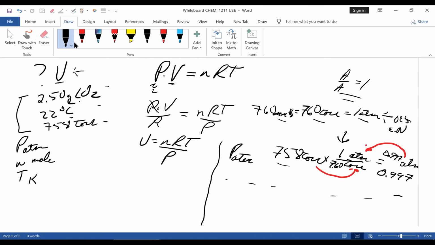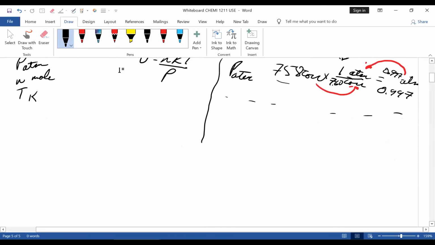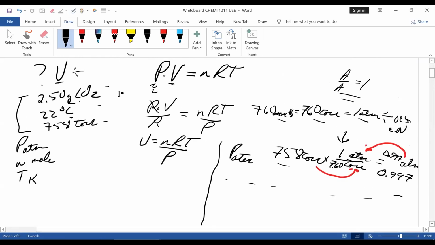Now, again, there are 2 ways of rounding off for a multi-step problem like this. One is at the very end, one is at each step. I'm an each step guy, but you can do it at the very end. Sometimes you get different answers. Both will always be correct on my test.